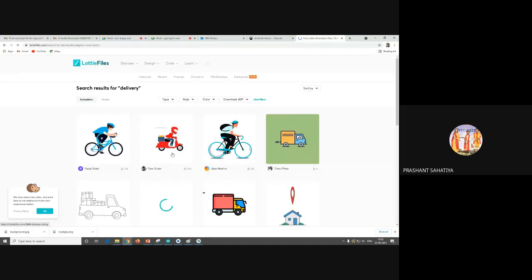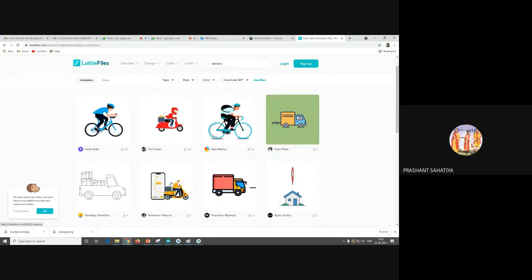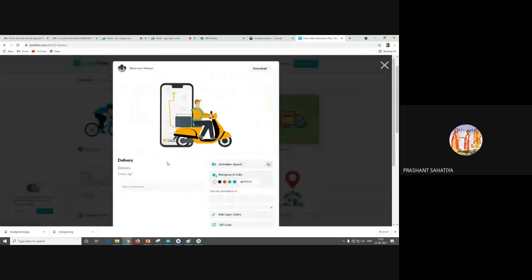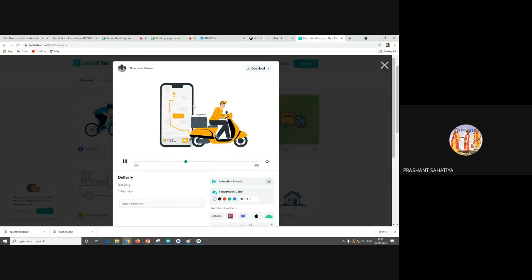I'll show. देखो, ये सारे animations आप कर सकते हो. This is a good animation. So this you can use in an Android app also. So this is showing the process. तो वो बोरिंग सा सर्कल शो करने के बदले आप ये कर सकते हो.